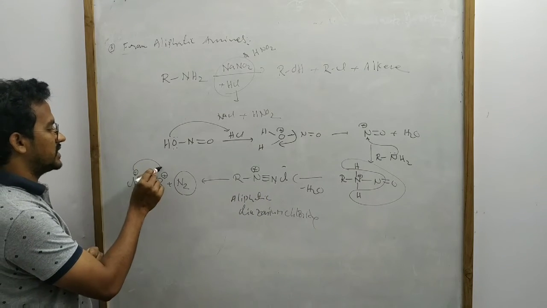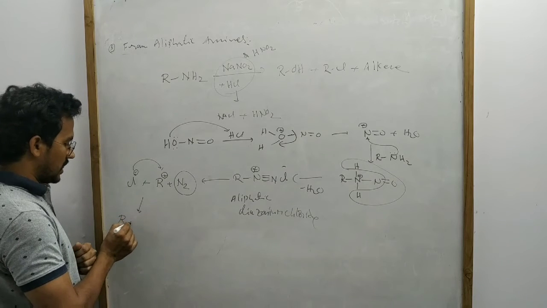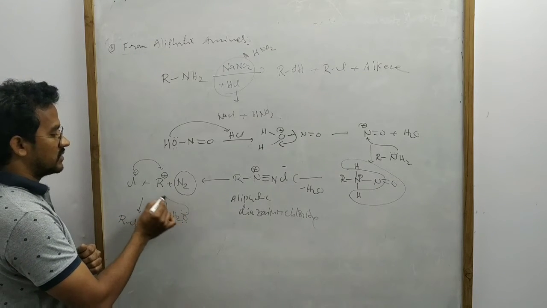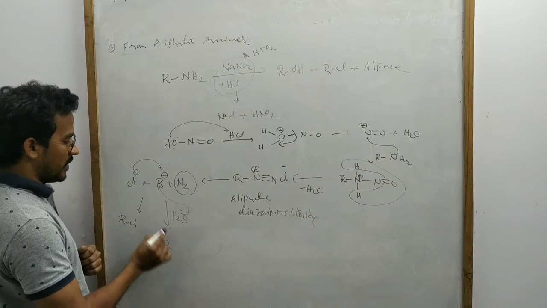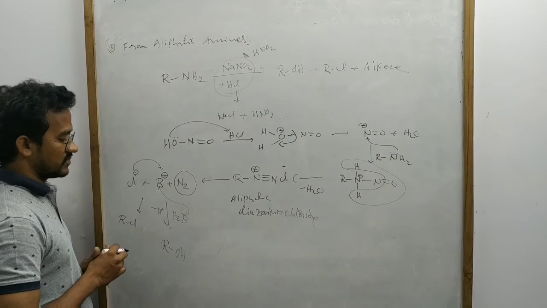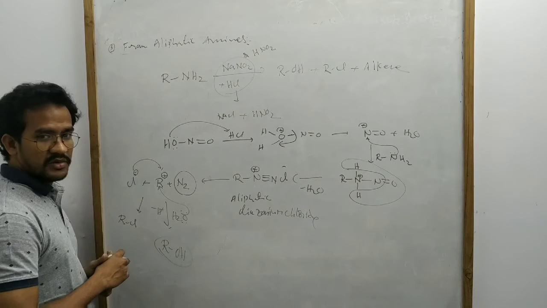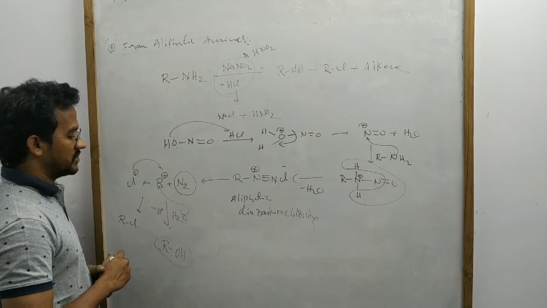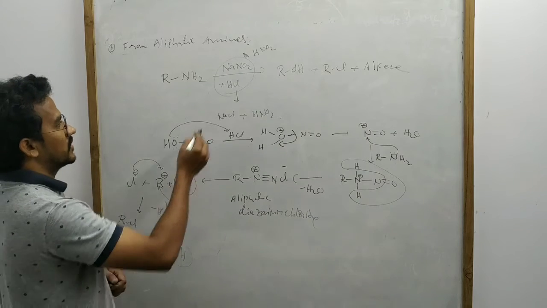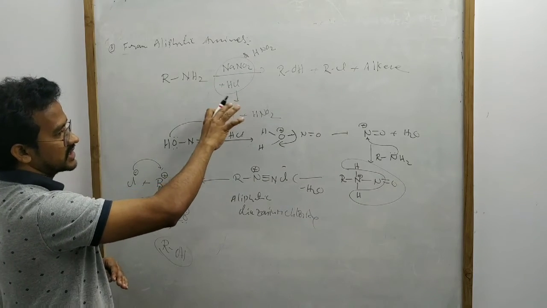Of course, if Cl minus attacks this one, we will get the alkyl chloride, or if a water molecule attacks this carbocation followed by deprotonation, we will get the ROH. Okay? So actually this alcohol is the major product. Why in this case is alcohol the major product? Why not alkyl halide? Because in this reaction, water is